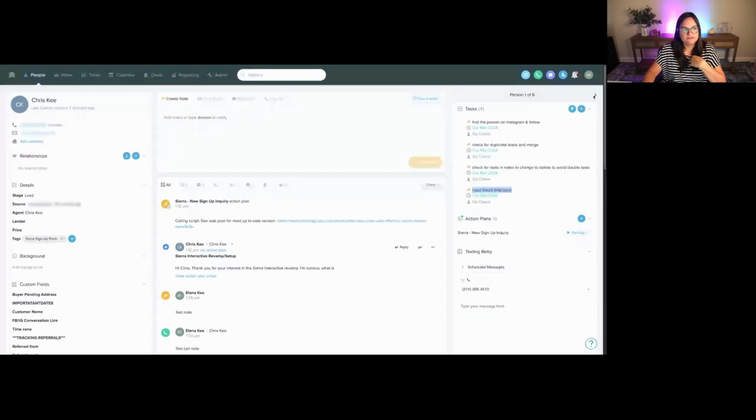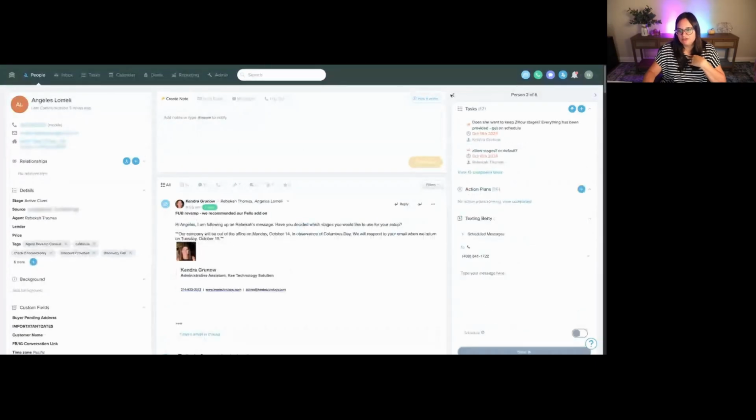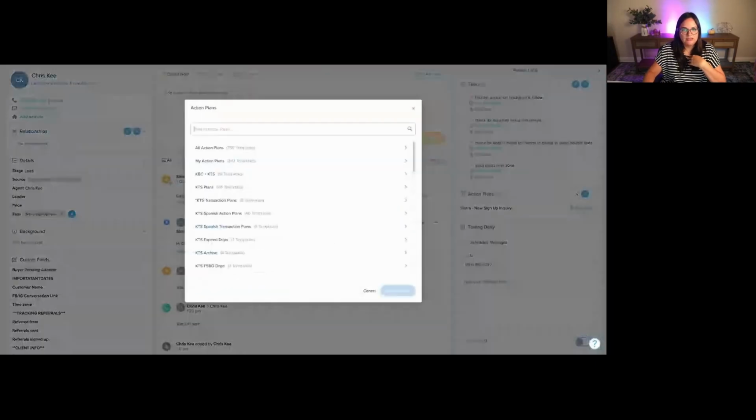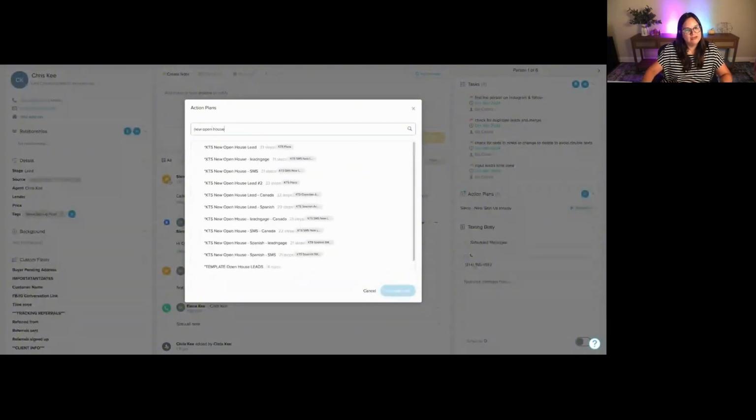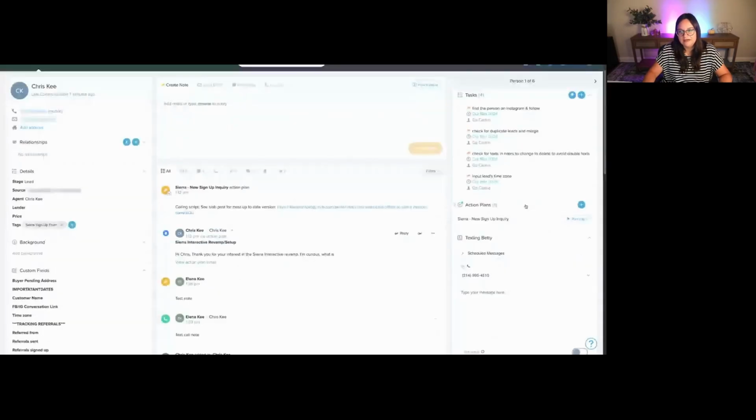Oh, I didn't mean to change leads here. Action plans. So you can attach an action plan manually. So if Chris were a brand new lead that I met in an open house and I manually added him, I might have attached an open house lead action plan. But I'm a huge fan of automation. I hardly ever manually assign an action plan,